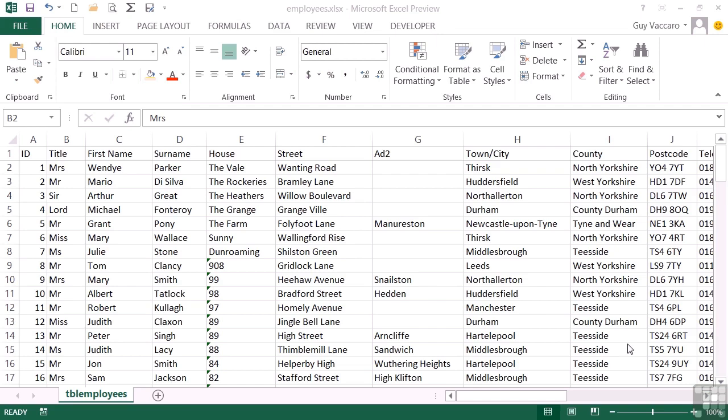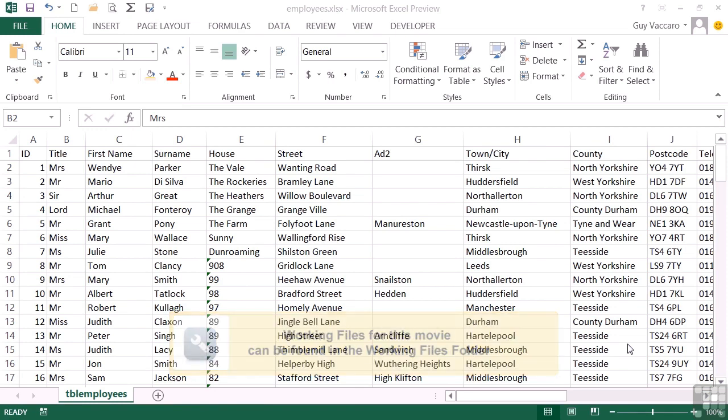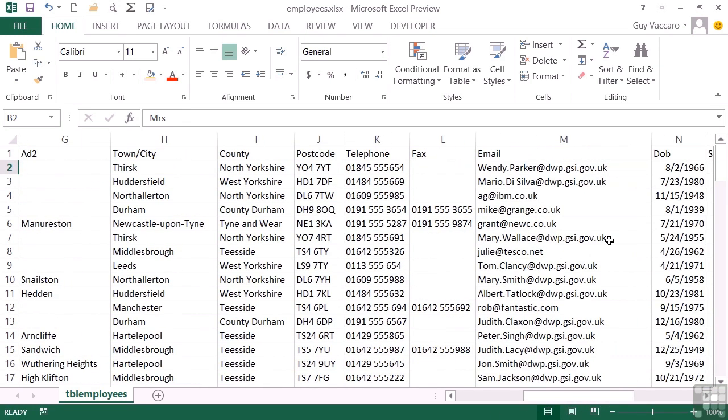Two other string manipulation functions that are very similar to each other but have slightly different uses are the REPLACE function and the SUBSTITUTE function. Let's use our employees file to see both of these in action. Now at the moment, our employees all have an email address. We can see that here,